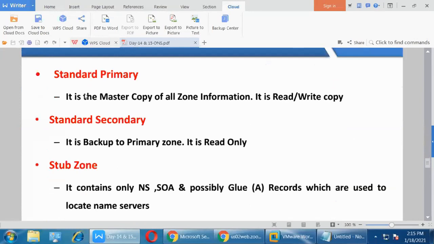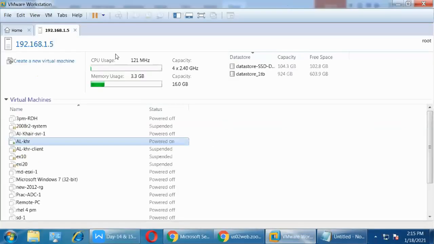Primary zone: when you configure the DNS, or configure the domain controller, the primary zone is created automatically. Or if you want to create it, you can create it. I will show you.